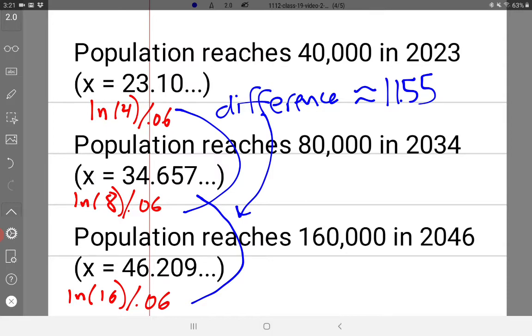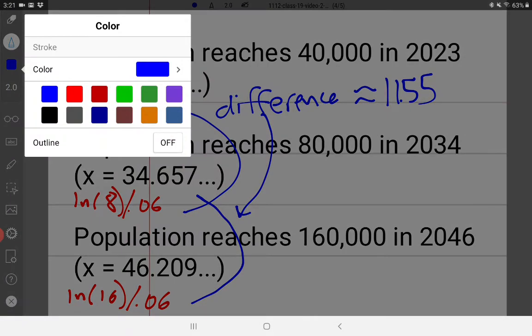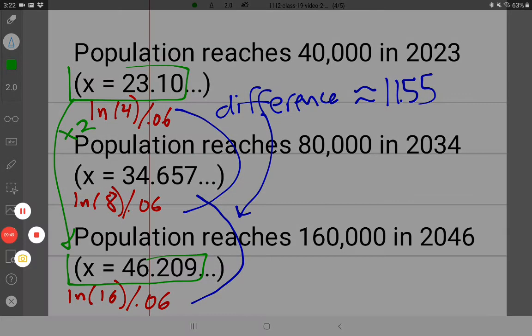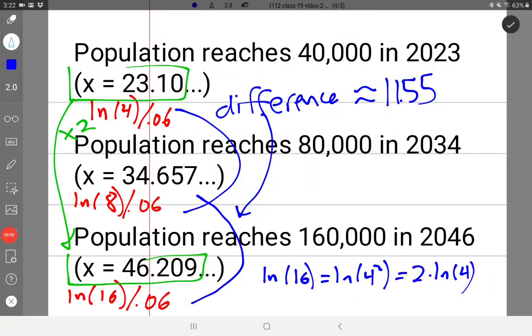Maybe even a better way to note this is that the number up here, that 23.10, and the 46.2 down there, that's exactly doubling, a times 2. That value at the bottom is exactly twice the number at the top. And a way to see that algebraically is what I've written down here at the bottom right, to show that